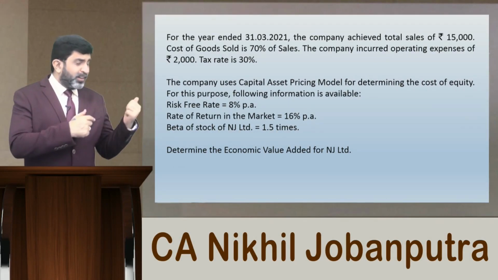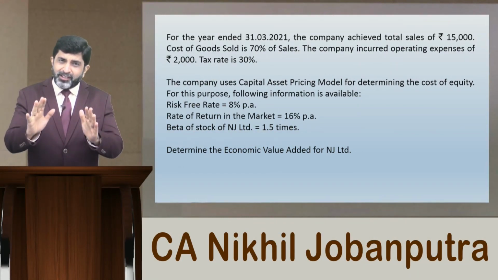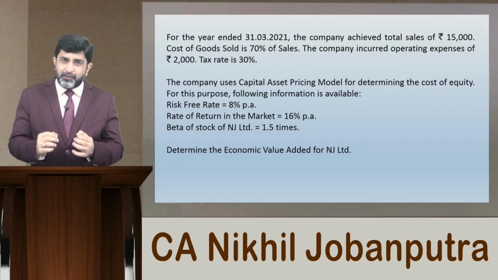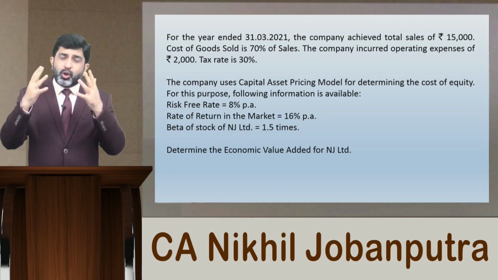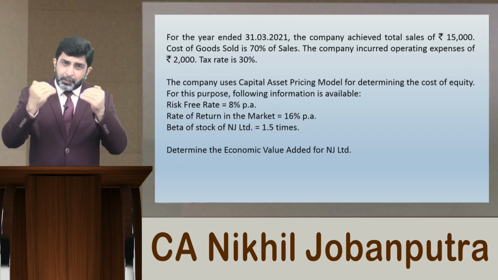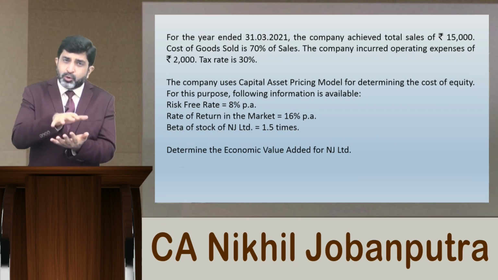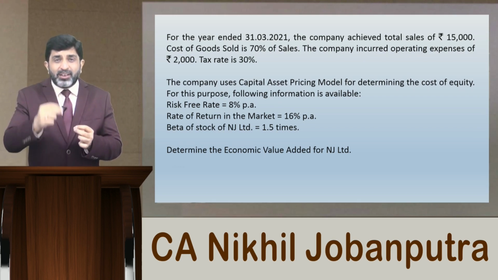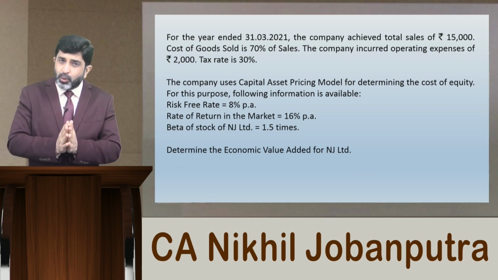Alright, if we try to understand what is given in this question and how you are going to approach the same, let us plan your solution in a systematic manner. First, based on this given information, you make up an income statement. That is, from sales you subtract the cost of goods sold, arrive at gross profit, subtract operating expenses, arrive at EBIT. Once you get to know what is EBIT, you have built a platform. Now, from EBIT, how to reach the net operating profit after tax, we have discussed that already. That step you are definitely going to apply.